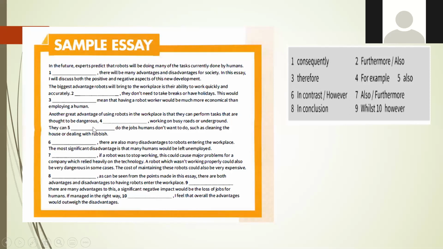So here is the example, like it gives the reasons and then gives the example that on what kind of works that are dangerous they can work. For example, they can work on busy roads or underground. They can also do the jobs humans don't want to do, such as cleaning the house or dealing with rubbish. So these are the advantages of the robots. And then,